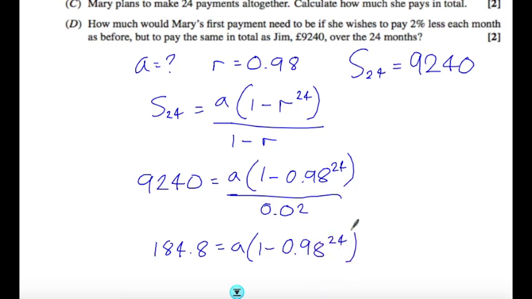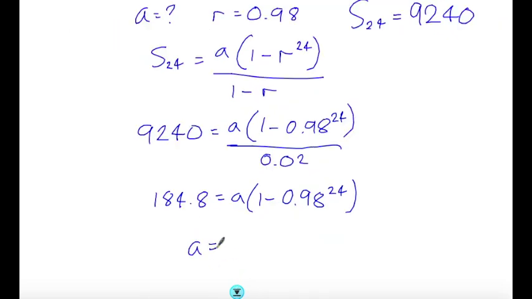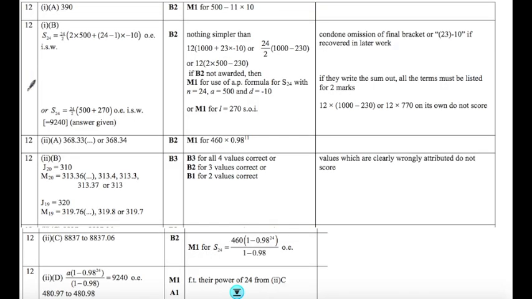And I'm going to divide that by 1 minus 0.98 to the 24 in one calculation. So that gives me £480.97. Right, so